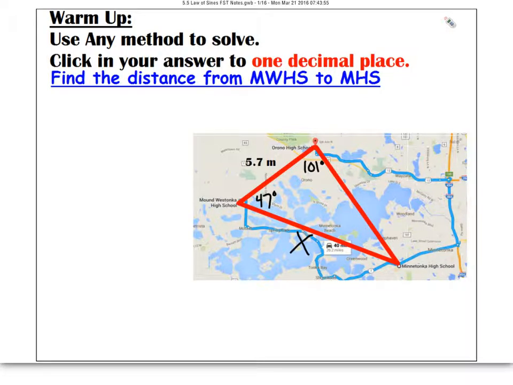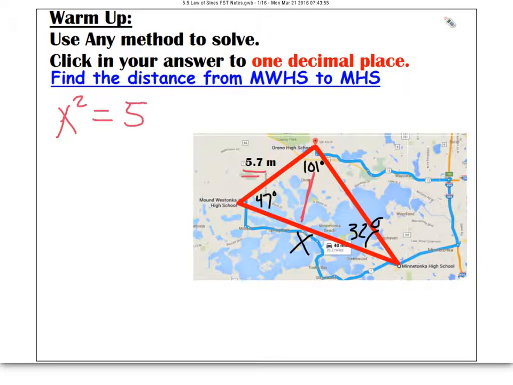One of the things we could do before we even get started is realize we can find the measurement for this third angle since we have these other two. If I take 180 minus those 2 degrees, what we'll get is that this is 32 degrees. Now, if we use law of cosines, we would start with side x and end with angle 101. So we would do x squared equals